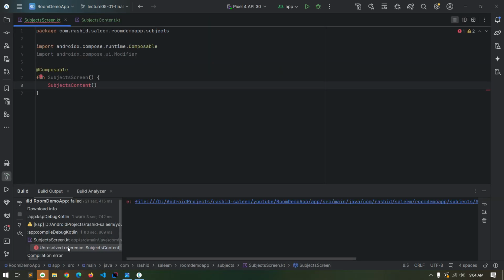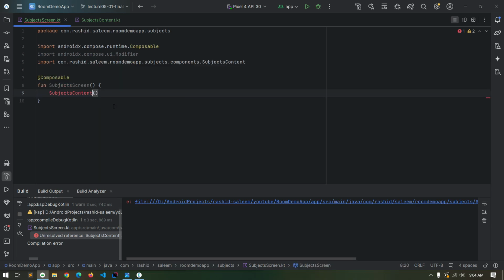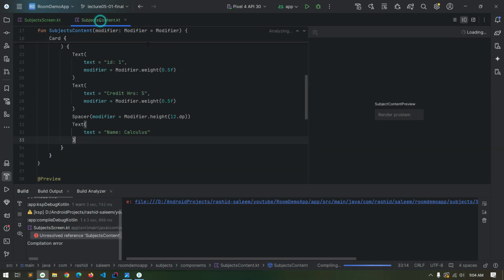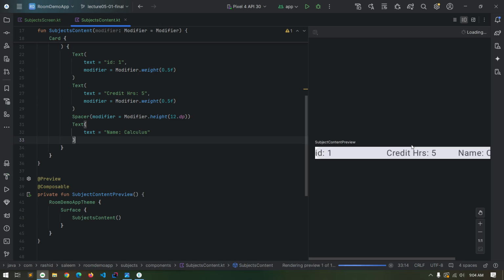Okay, we have found some error here. This is because we haven't imported the subjects content composable here, so press alt enter to import this, and now we go back to the subjects content file, and we need to build and refresh it again, because our first process of rebuilding the project failed because of the import issue. Okay, so this is the view that we have here,